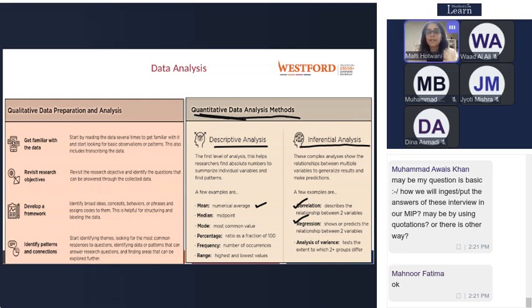So it's important that you do inferential analysis. Descriptive you will have to do, right? Otherwise, how will you tell us how many people in your respondents are between the age of 20 to 30, 30 to 40, what answers they have given, whether the majority of them have given strongly agree, strongly disagree, how they have answered.